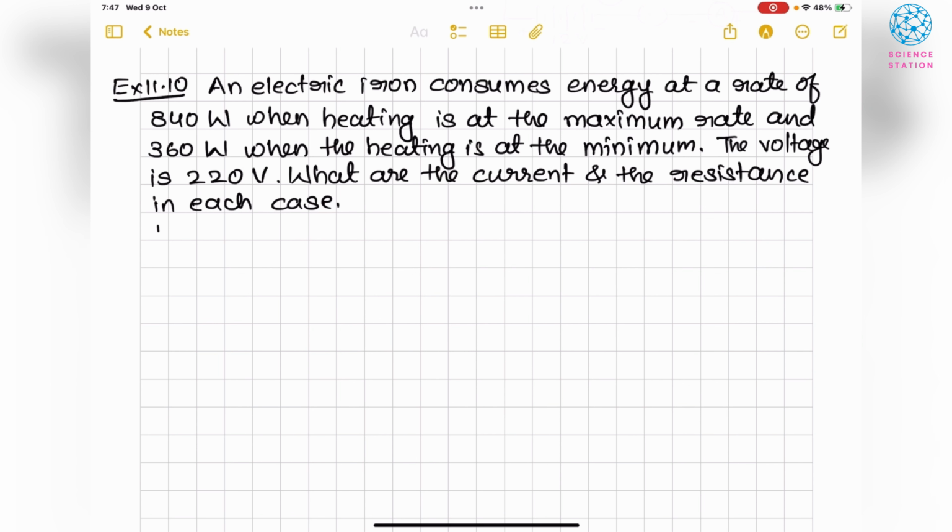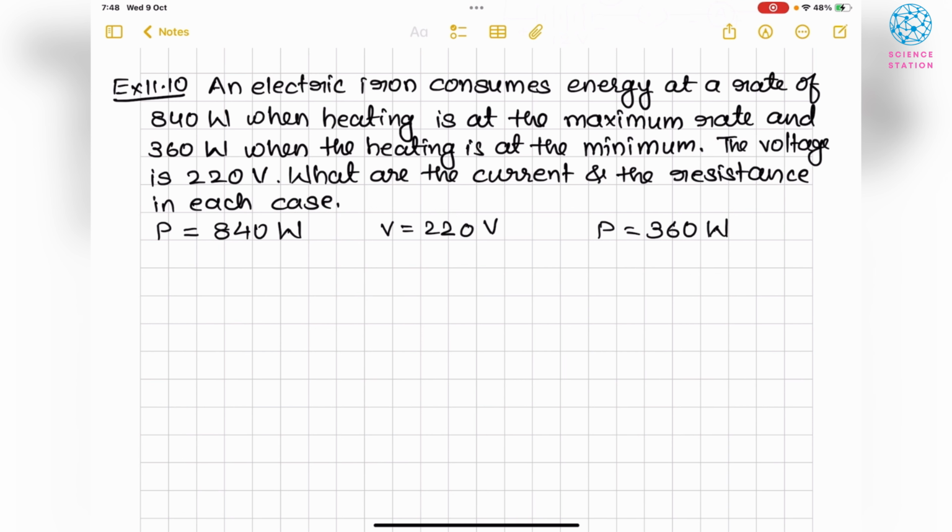See, here we know P is having two values, that is P equal to 840 watt and P equal to 360 watt, minimum 360 and maximum 840, and V is given as 220